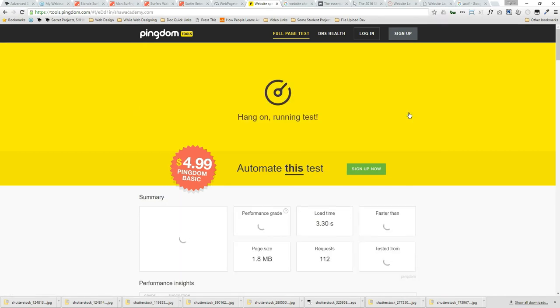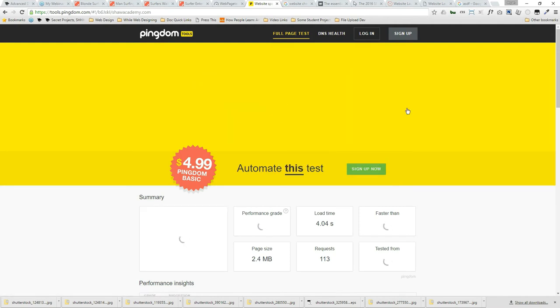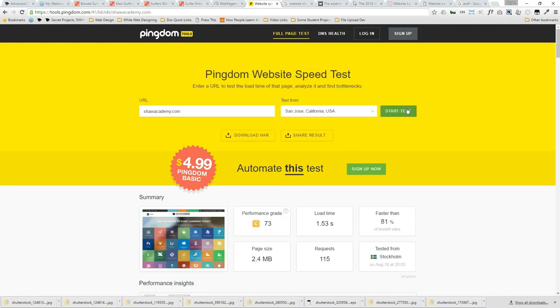So load time. Oh, we're climbing up the load time. So here we go. Faster than 41% of tested sites. Not too bad, not too bad. Tested from Dallas. Okay. So now let's try another one. Let's try and go to where would be further. I'd say California, West Coast USA. 1.53. Ooh, faster than 81%